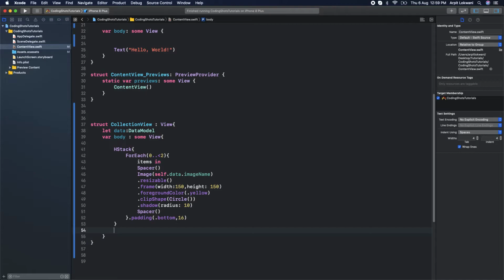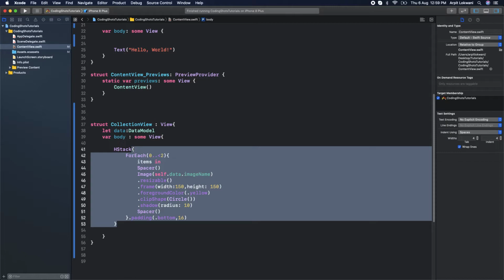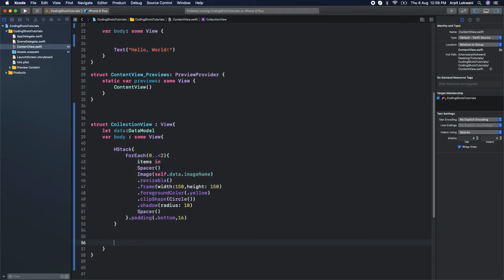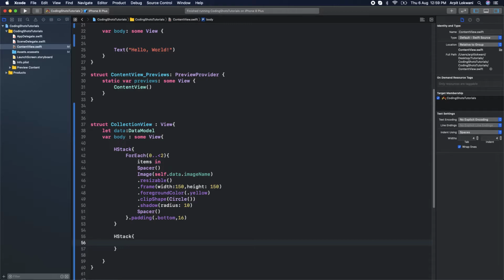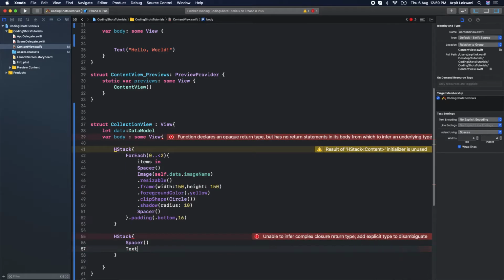So now I have created the horizontal stack, and it's fine. Now my plan is to put all these images, and first I will create one more horizontal stack for text as well, because we need 2 labels there, right? So we can say spacer similarly, which we did for images. Okay, and we can say text, and name should be same dot data model dot name.